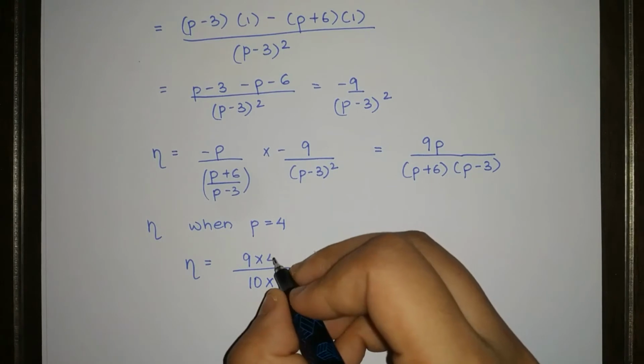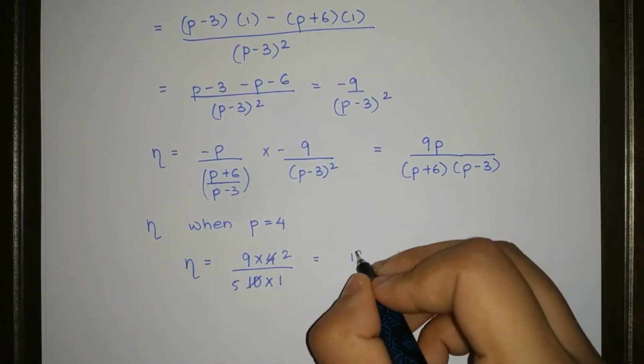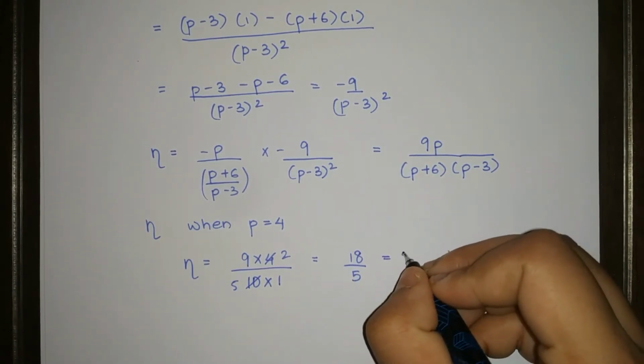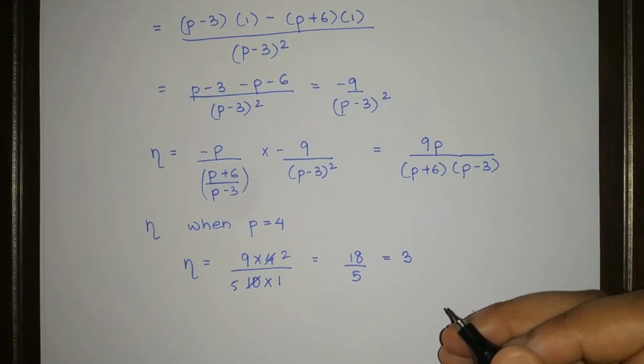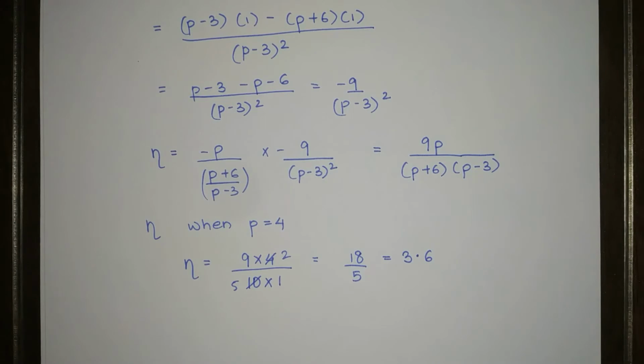So इसको कैंसिल भी कर सकते हैं 2 से. So we get 18 by 5. We can also convert this into decimals. In that case we'll get 3 15s are, फिर 3 रह जाएगा, तो डेसिमल पॉइंट लगाएंगे तो 30 हो जाएगा. So 6. So our answer will be 3.6. Okay. Now let us look at the next question.